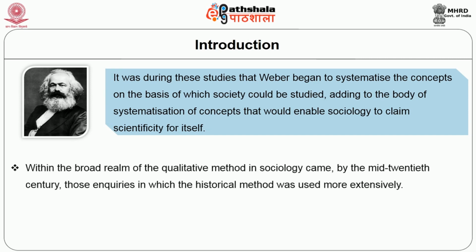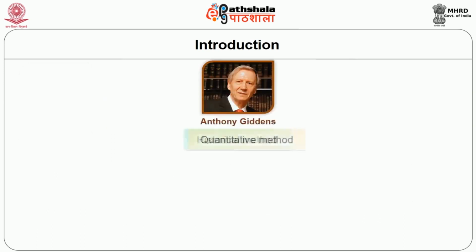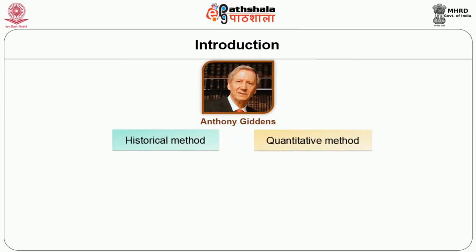Within the broad realm of qualitative method in sociology came, by the mid 20th century, those inquiries in which the historical method was used more extensively. Many sociologists, whose practice varied considerably, have commented on how the sociological method was not entirely divorced from the historical. Anthony Giddens insisted that there was no logical or methodological reason to distinguish between the historical method and the more